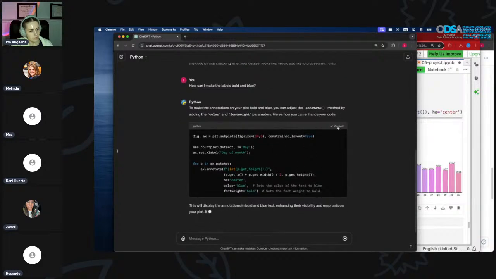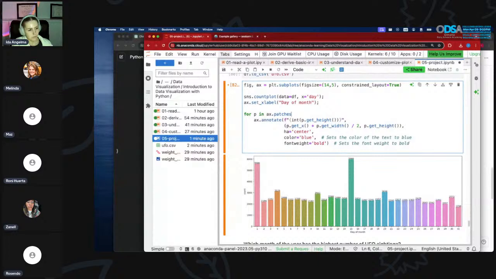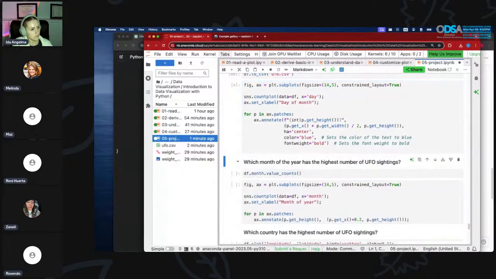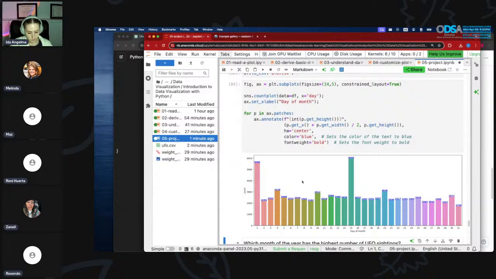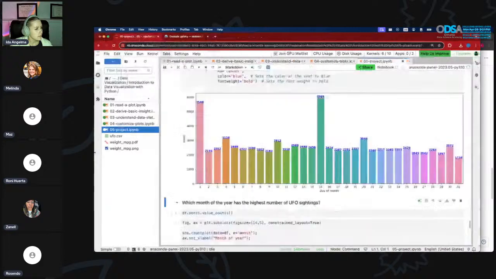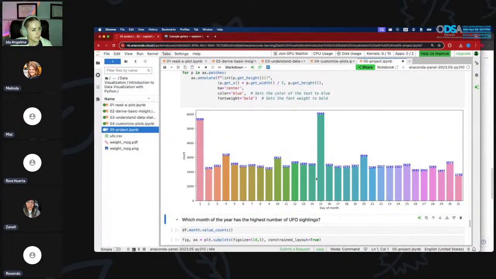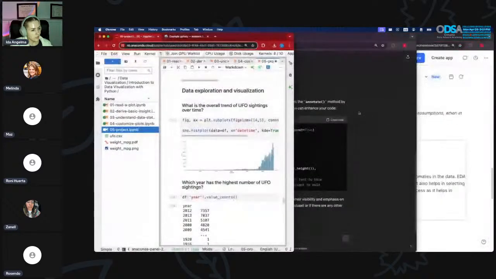Color. Now we can use this. And now they're bold and blue. You guys can see that. That's probably pretty small at this point. There we go. So that's how I usually use ChatGPT,